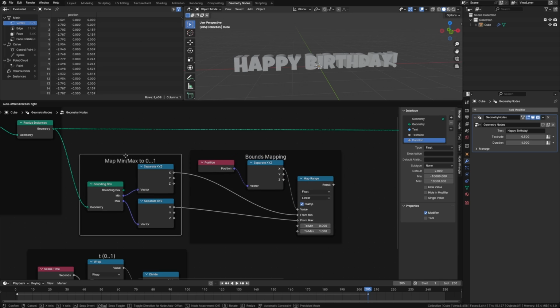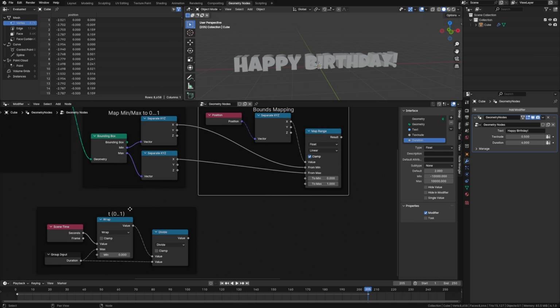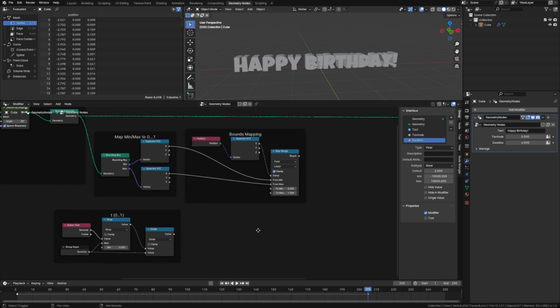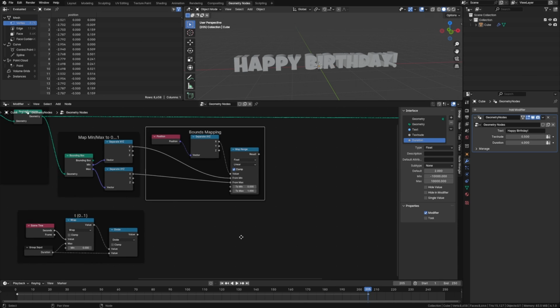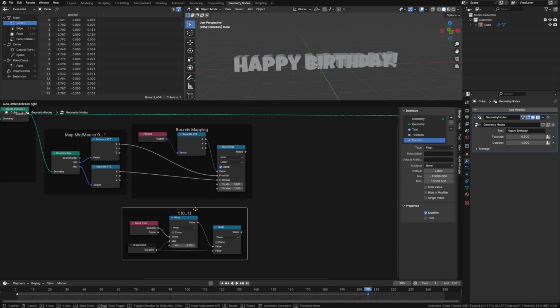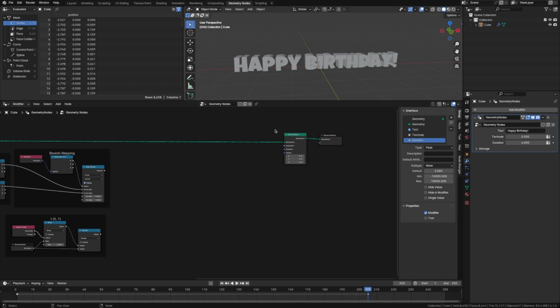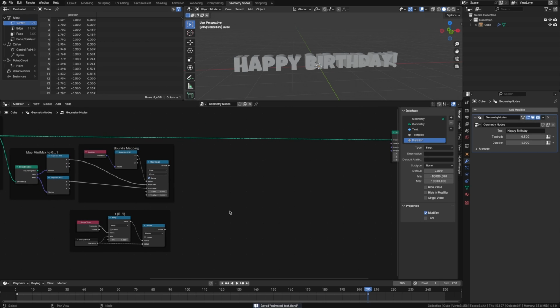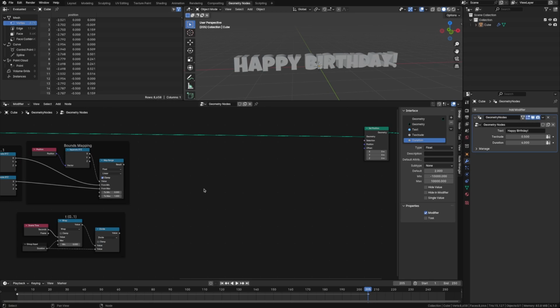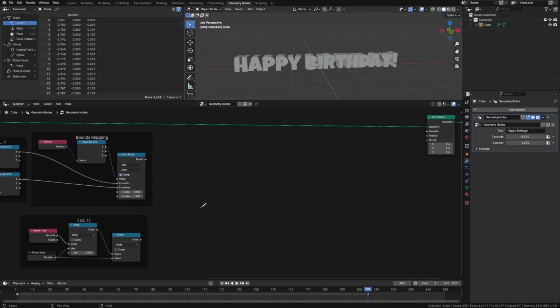So now we've got the min to max mapped 0 to 1. We've got the scene time, the seconds, 0 to 1. We've got our bounds mapped from 0 to 1. We are pretty much ready to start actually manipulating the vertices with some kind of effect. To get this worm effect, the oscillating text effect that you saw at the start of the video, the shape is like this. We want to manipulate the vertices such that when t is 0, the text on the left is just starting to move, about here. And then when t is 1, at the end of the animation, all the text has moved through this shape